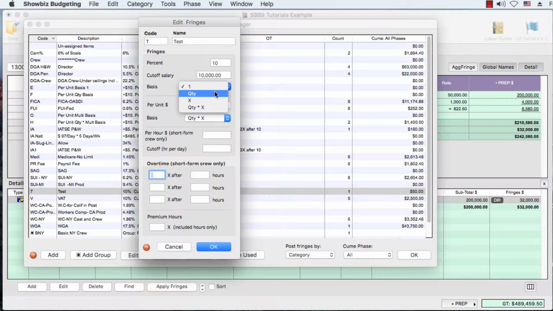bases other than 1, such as the numbers expressed in the quantity, multiplier, and also quantity multiplied by the multiplier fields. This is helpful if you have a number of people being budgeted whose salaries are all subject to the same cutoff basis. Although the per unit fringe assumes a basis of quantity times multiplier, we've offered those same bases in the pull-down list. Per hour fringes, which are only applicable when using the short form crew category layout, now